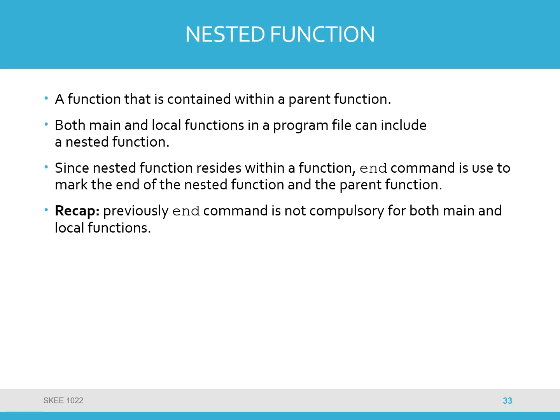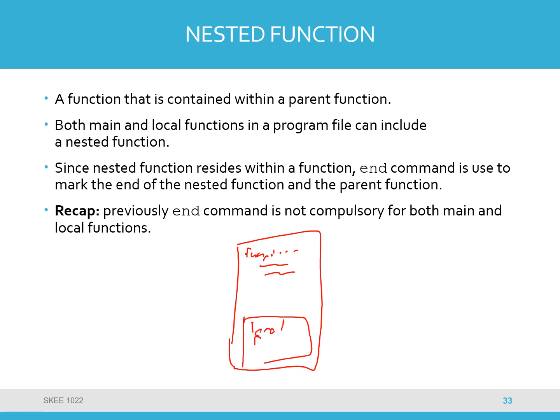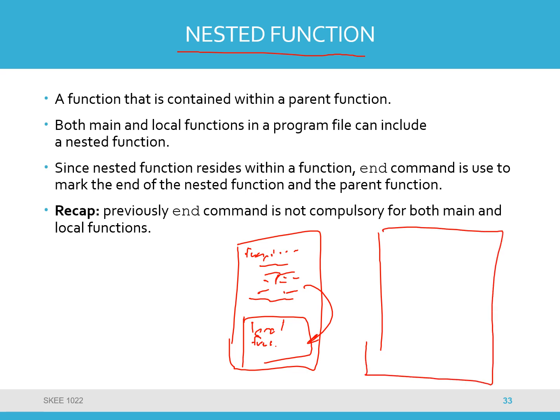Last time I showed you a local function, which means that you have a main function, and you call the local function at the bottom. Your main program is all here, and you call the local function from it. But now we'll move on to the nested function. Basically, the local function is placed inside the main function. For example, something like this. We have a function,